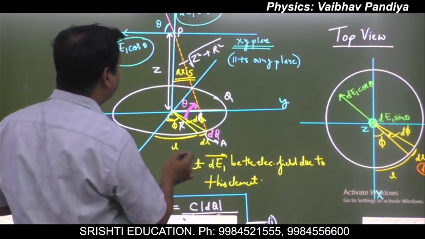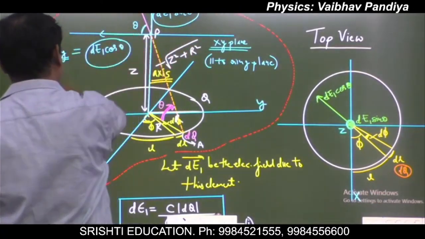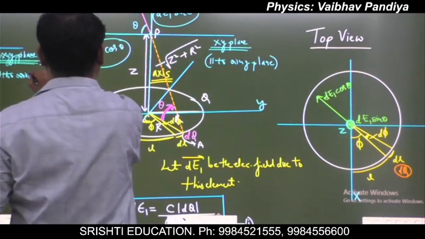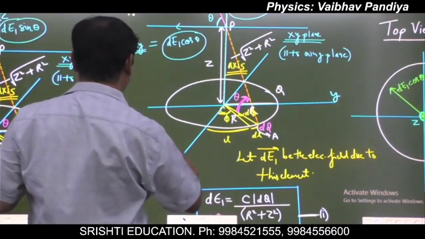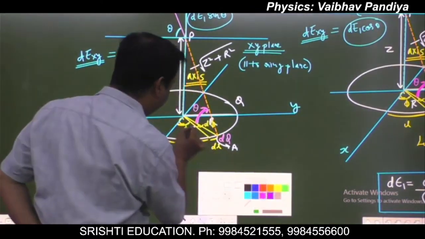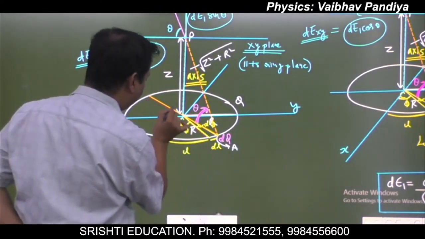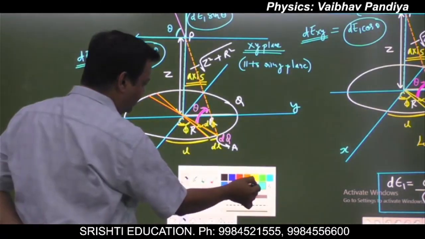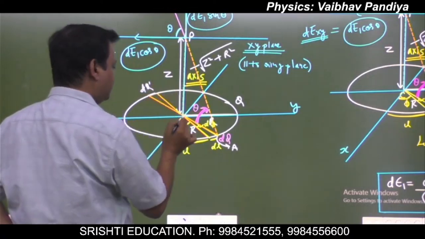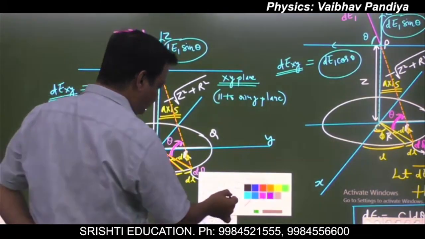So suppose I'm taking one more element diametrically opposite to dq, say dq dash, okay,